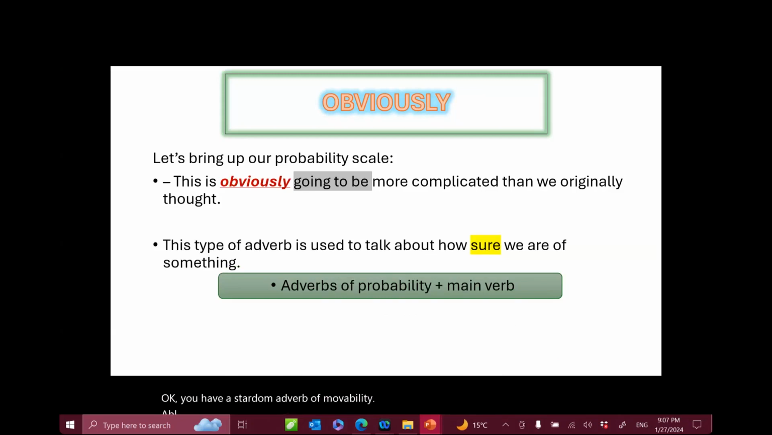فين ال main verb عندي هنا؟ going to be. Okay, going to be. يبقى بحط ال adverb of probability قبله. Obviously going to be. Okay. But after the verb be,